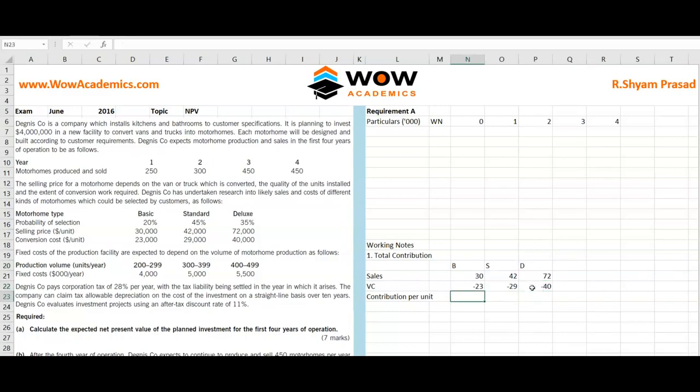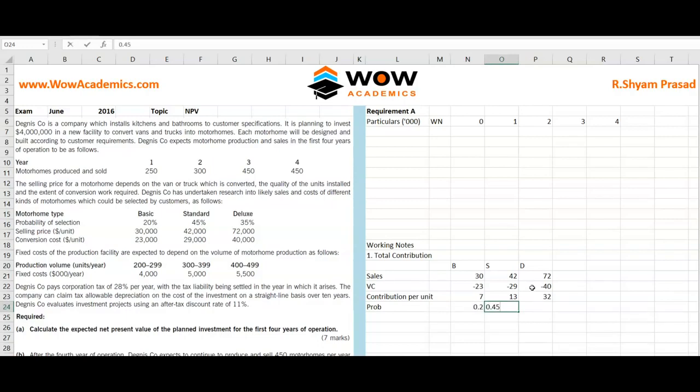Okay, so now we can just add these two numbers. So we can just add the other numbers too. So we have got our contribution per unit. So we have a probability here that has been given. So probability is 0.2, either 20% or 0.2 you can take. I'll take it as 0.2,